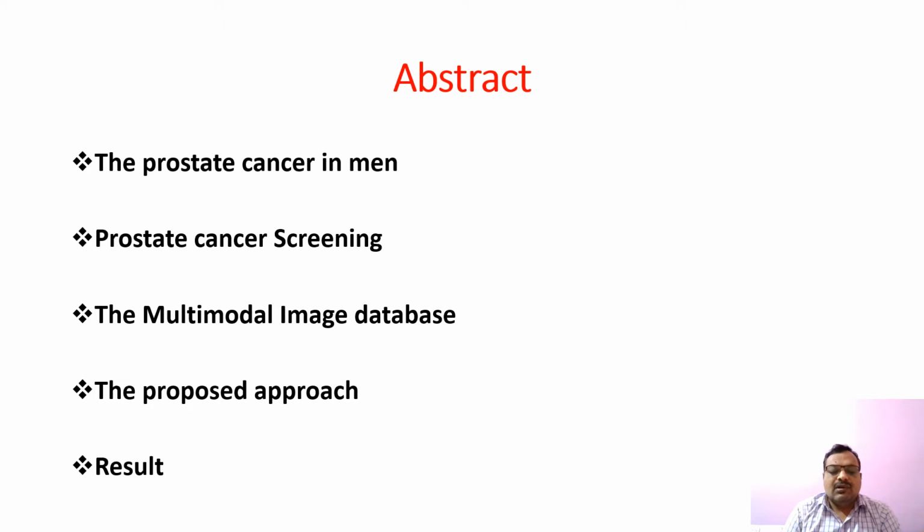The multimodal image database was obtained through an ethically approved collaboration. The algorithm was tested on 217 MRI images and 402 TRUS images,